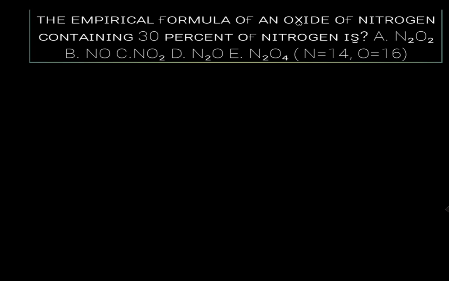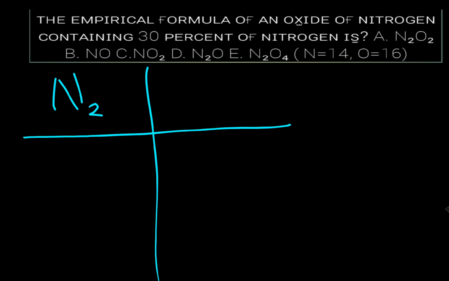So let's say nitrogen, N2, draw a table, and the empirical formula of an oxide, meaning there's an oxygen in it, O2, of nitrogen containing 30% of nitrogen. 30% of nitrogen will be written as 30